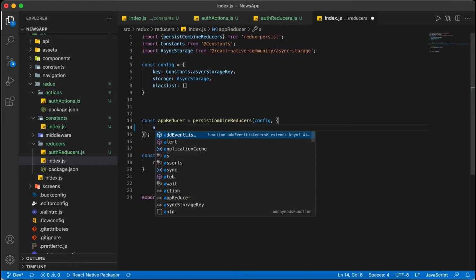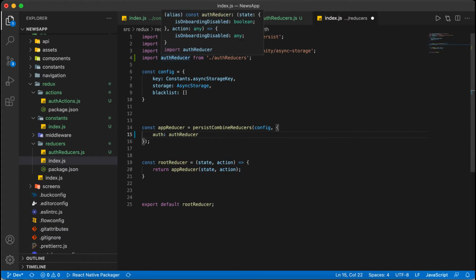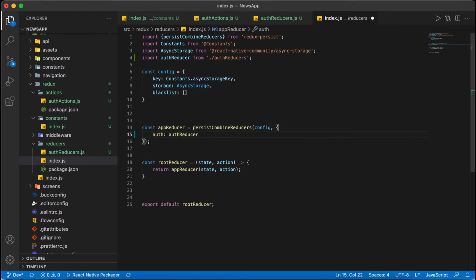We will give a short state name, that is auth. By using the short state name auth, we will access the state data. We will here put authReducer, that is automatically imported, you can see. Then the authReducer will be combined to the reducer, and the initial data present in the authReducer will be updated to the store. So we have added the authReducer.